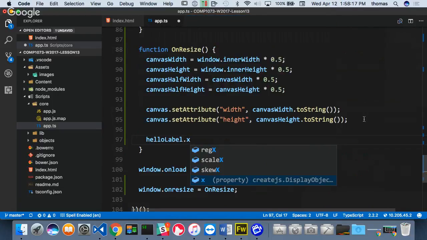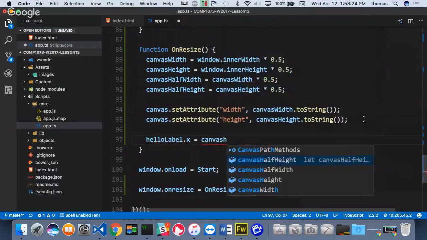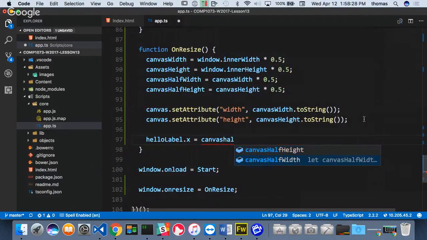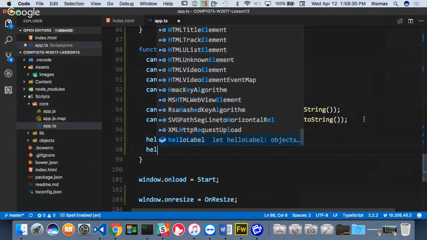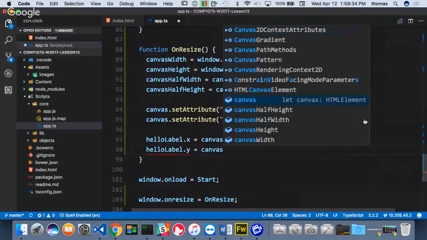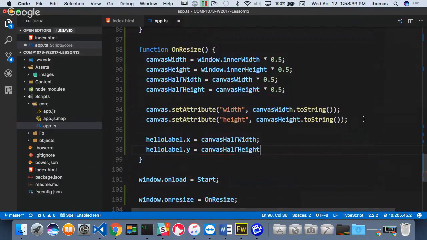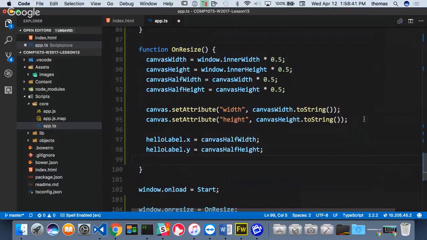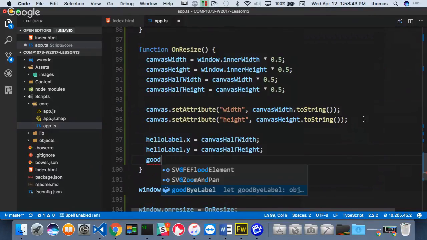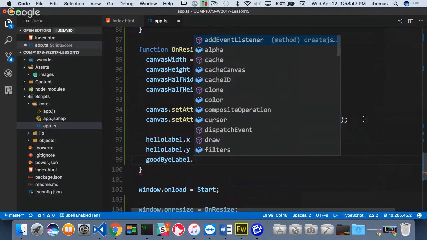My hello label dot X is going to be my canvas half width, right? That's what it's going to be. And my hello label dot Y is equal to canvas half height, right? And so is my goodbye label, because I've got those two, right? Goodbye label dot, oh man,